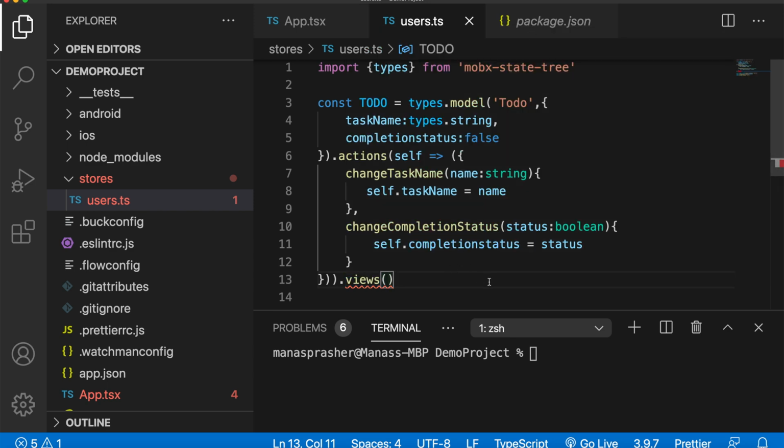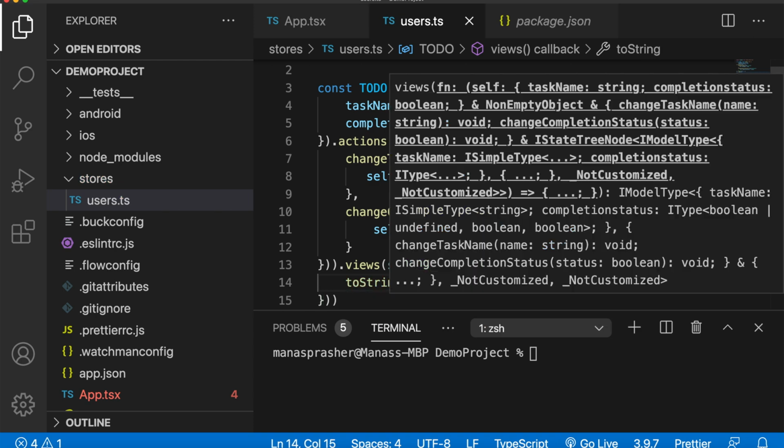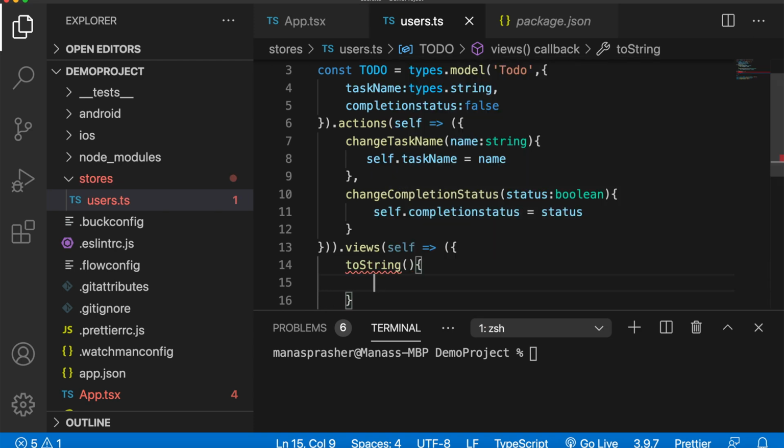So you can just do self. For example, in the views you want to compute a value, or maybe you just want a toString of this object. In which you want a string status, and what you want to do is return